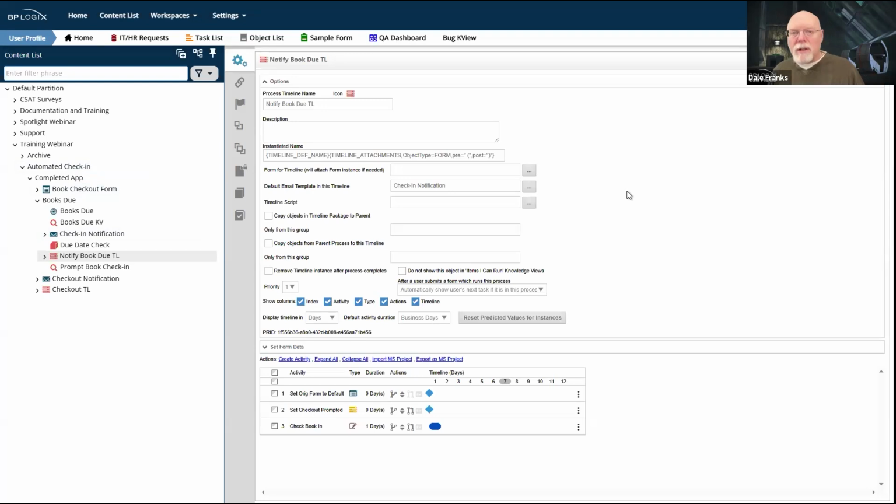So the knowledge view itself is going to supply our form instance. If I were to set a form instance on form for timeline, that would be the default form instance, and it would want to make that form instance the default instance for the timeline. The trouble is, it's going to create it, and I don't want to create an extra copy of the book checkout form.